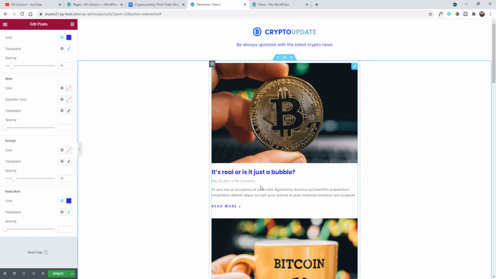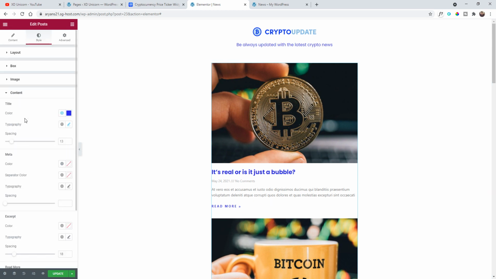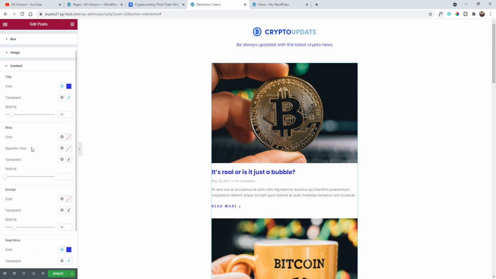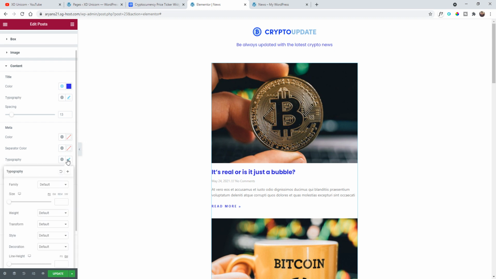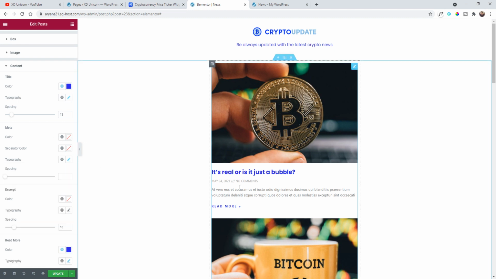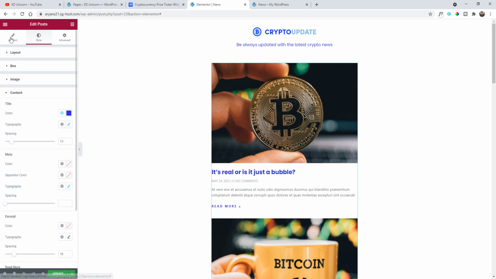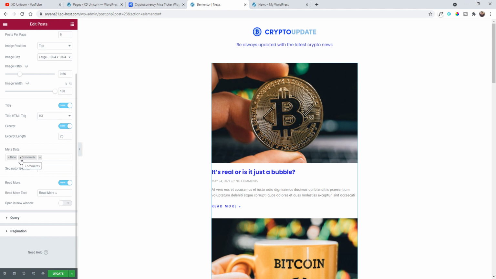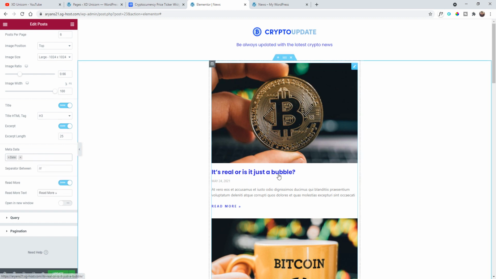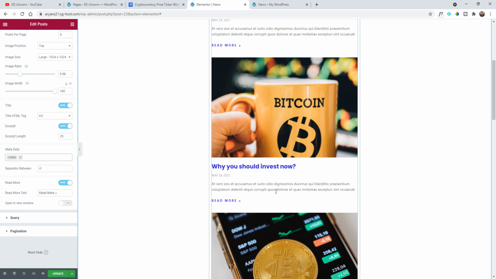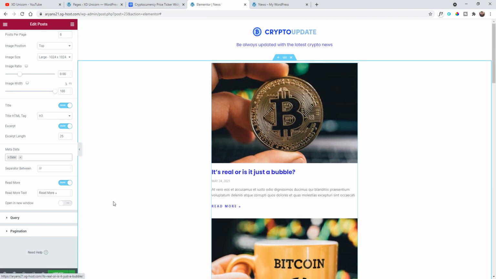Cool. On the excerpt, I will make some spacing here. And I want to remove the comments section as I'm not interested in it. So we can also change the style, of course, on meta. On meta, you can also change the typography by clicking here, transform uppercase, for example. And I'm going to remove this content, no comments, I don't want this. So I'm going back here to content and I'm removing these comments. Cool. Great, so we have the title, as you can see, we have the date, and we have some text here. Okay, so if I click on the preview,